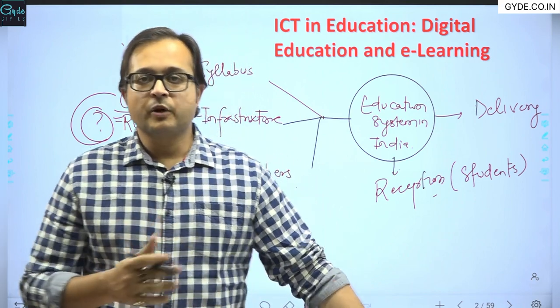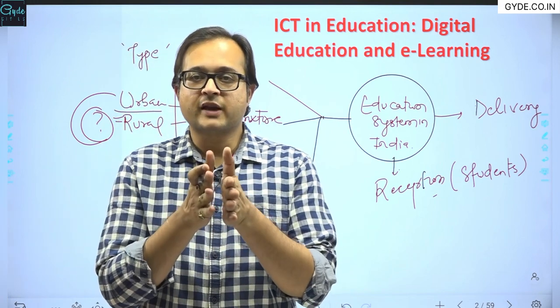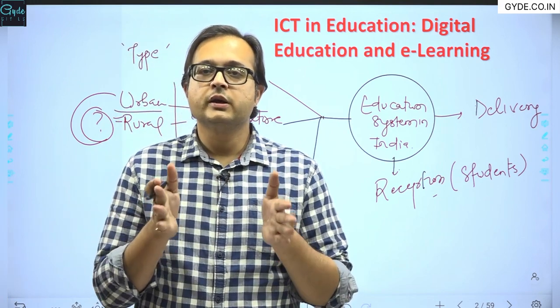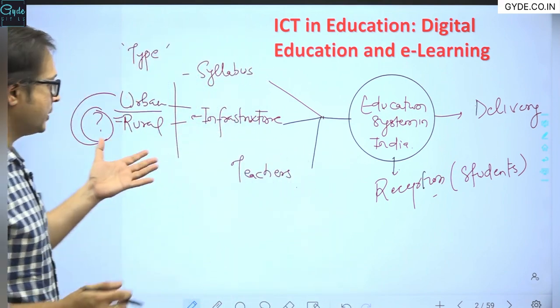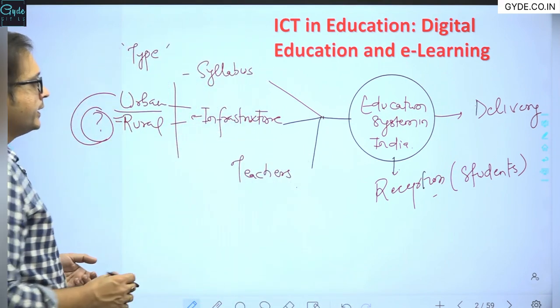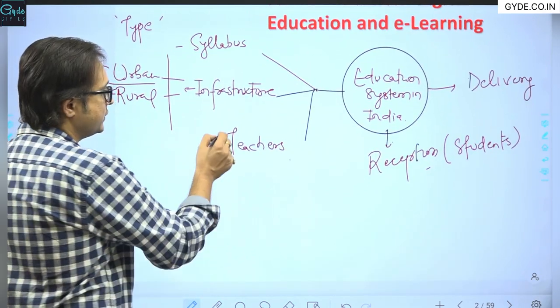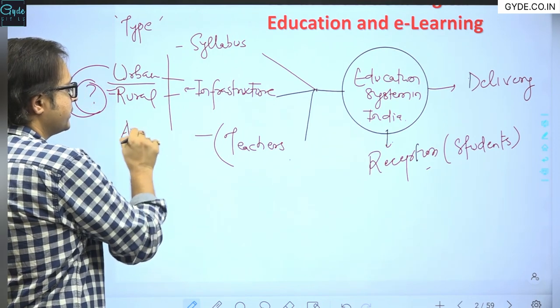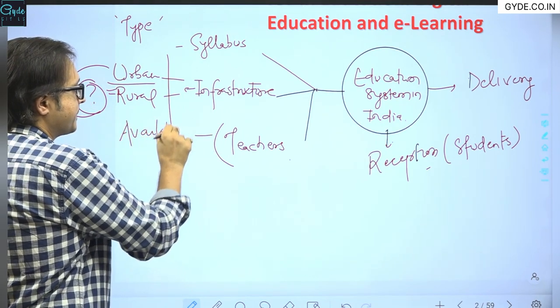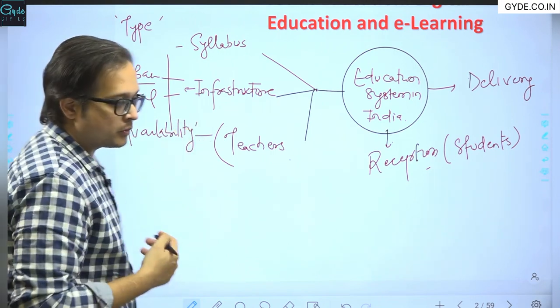So a larger population over here is being divided, or there is a gap which is being created owing to the infrastructure of the education itself, right? That is also one major problem that remains over here, right? The type, quality and the skill sets of the teachers also is one of the major problems. The first and foremost problem is with the availability. Availability of the teachers all across urban and rural pockets.